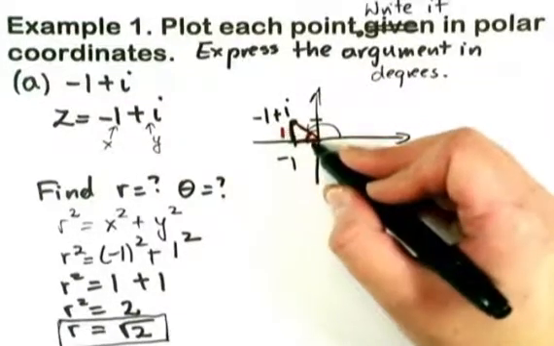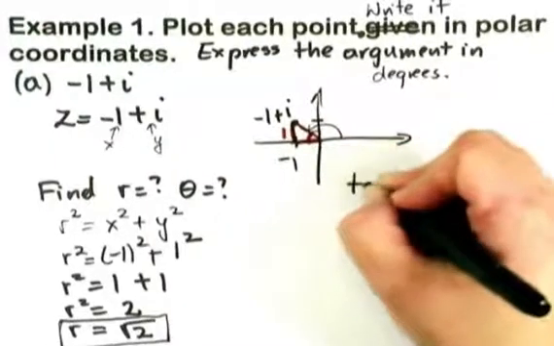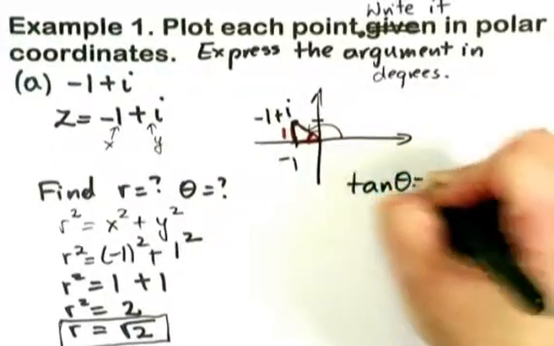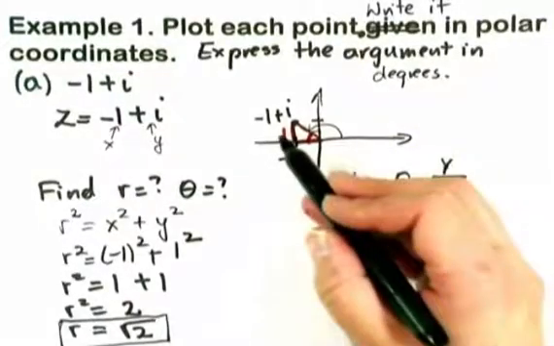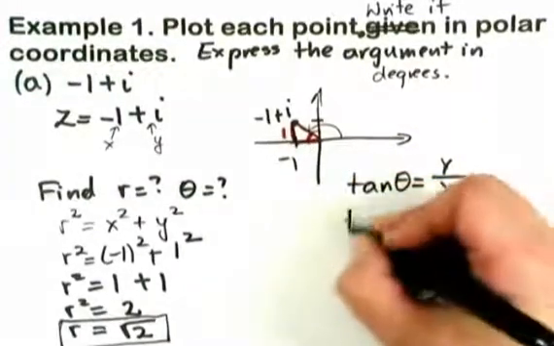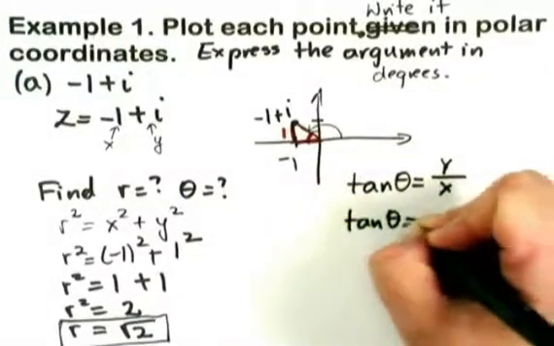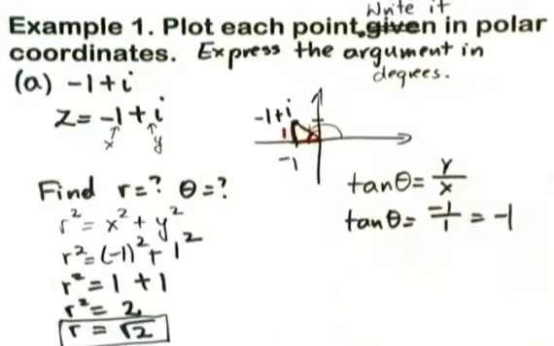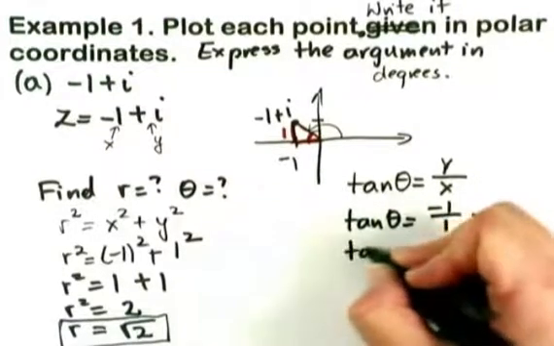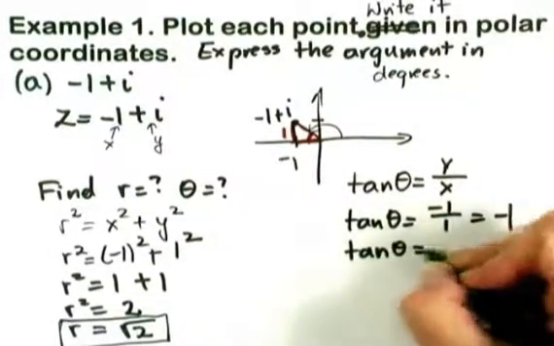Opposite over adjacent is tangent. Tangent theta is y over x. This is my y distance, x distance. So tangent theta is -1 over 1, which is -1, or we can treat this as a reference angle, so tangent